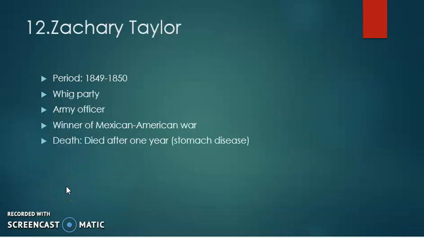The next president is Zachary Taylor, and his rule was from 1849 to 1850. He ruled the country for 1 year because he died. He was from the Whig Party, and he was an army officer too. He is considered the winner of the Mexican-American War, and he died after 1 year due to stomach disease,